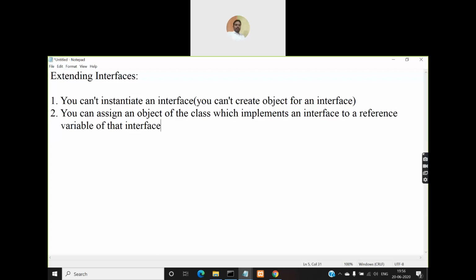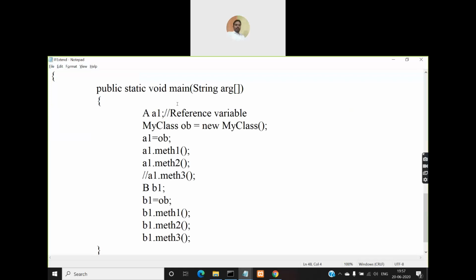You can create a reference variable for an interface, and to that reference variable you can assign the object of a class which is implementing that interface. You can assign that object to the reference variable of the interface only if that class implements that interface.